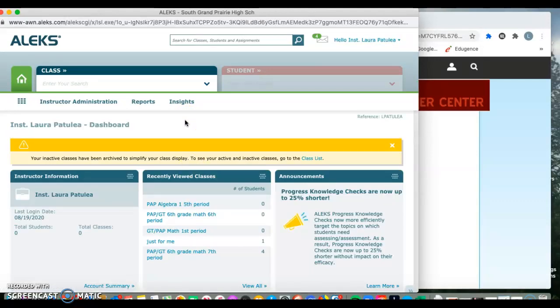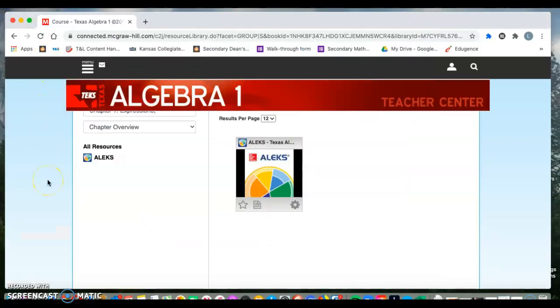So when you click on the campus, if you get that start and end date message, your kids cannot enter ALEKS until that is set. If it goes straight into ALEKS, then you know that you're good. So that is pretty simple. I wanted to give you a video and some pictures to walk your way through that if you are experiencing